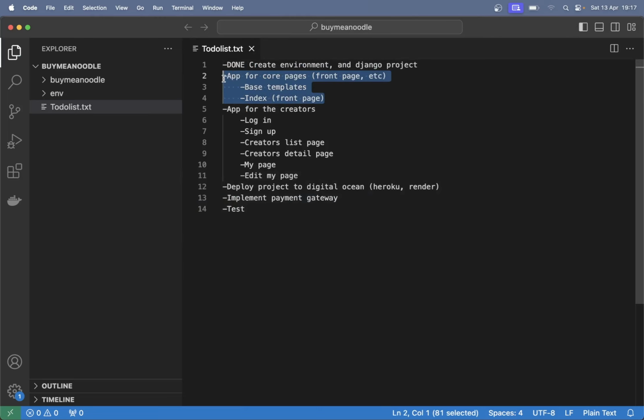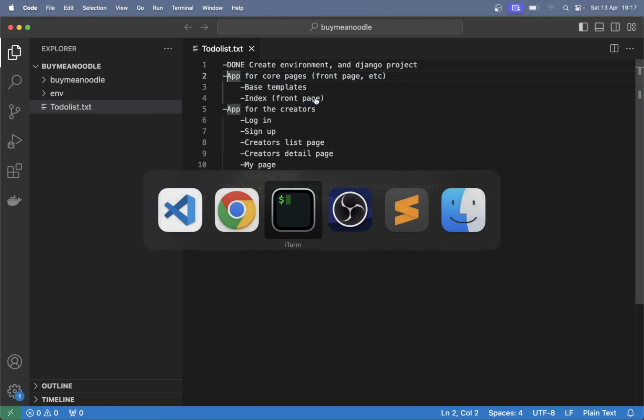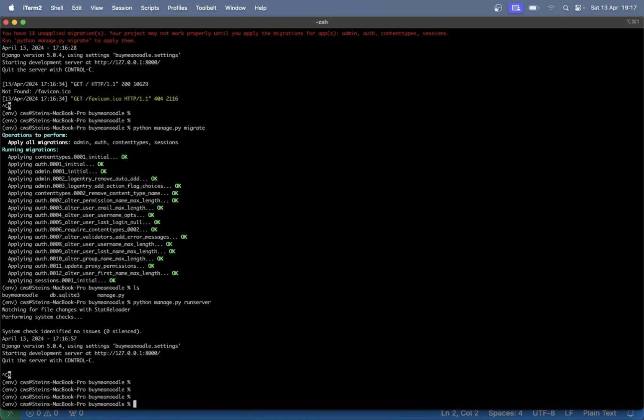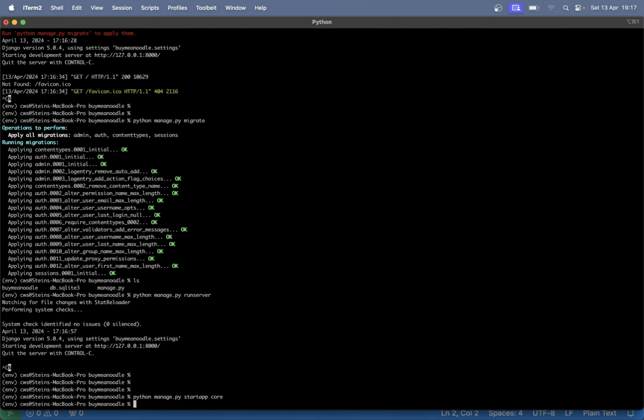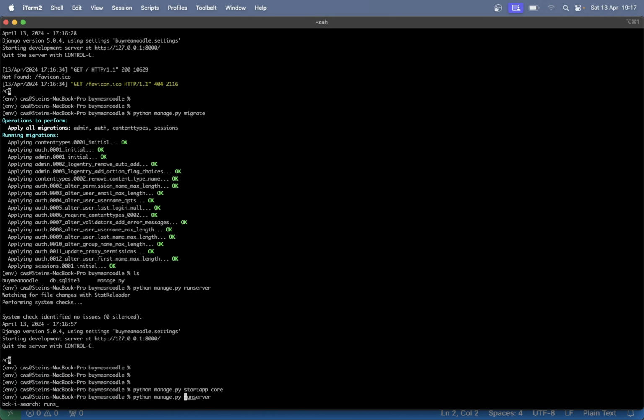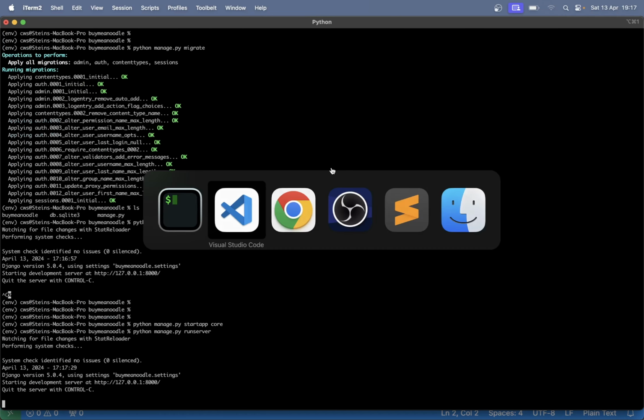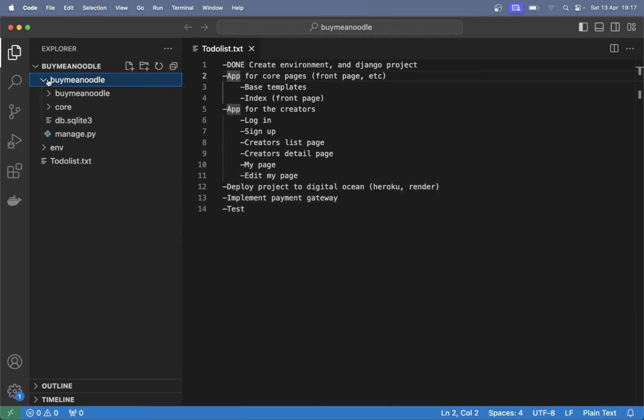So then we can continue by creating an app for the core pages. So go back to the terminal, stop the server, say python manage.py startapp core, and then we can run the server again. Go back to Visual Studio Code, open up the Django project,